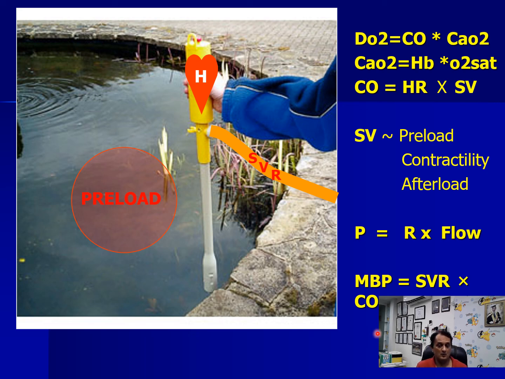You can have a normal blood pressure or even high with low cardiac output syndrome. So you don't have to treat your blood pressure. You have to treat your urine output, mixed venous saturation, and lactate clearance. And we know that sometimes you have to optimize your stroke volume by giving